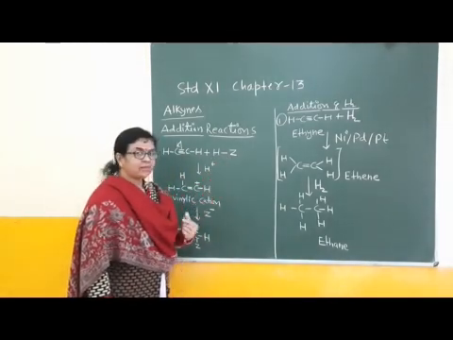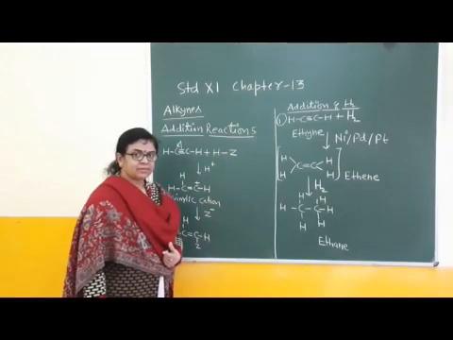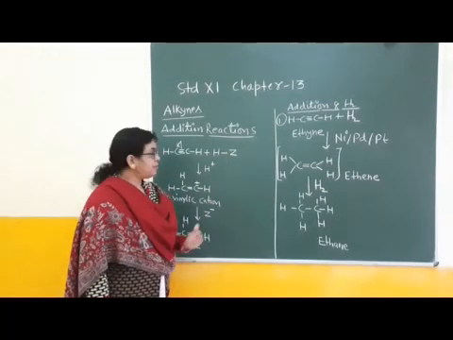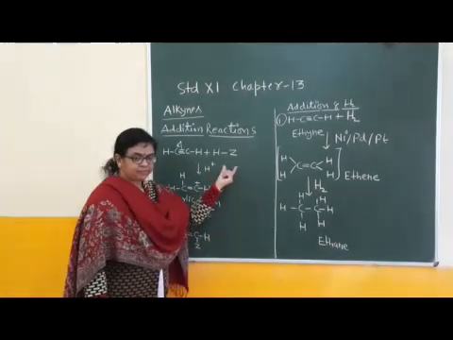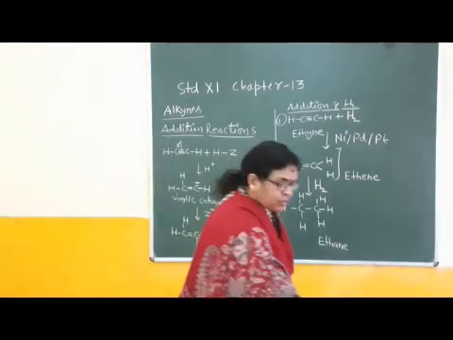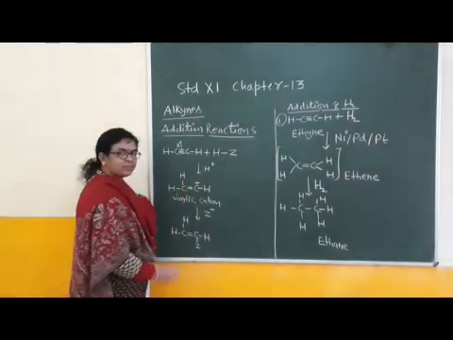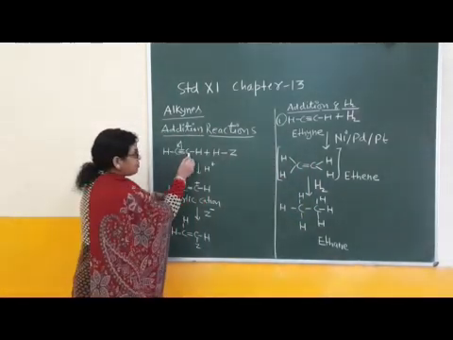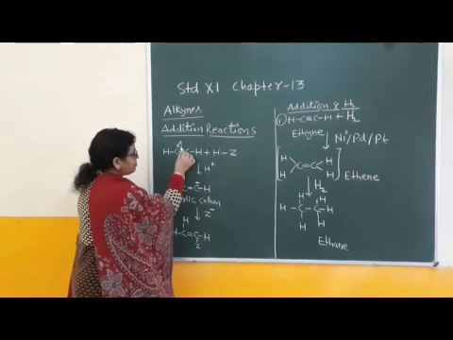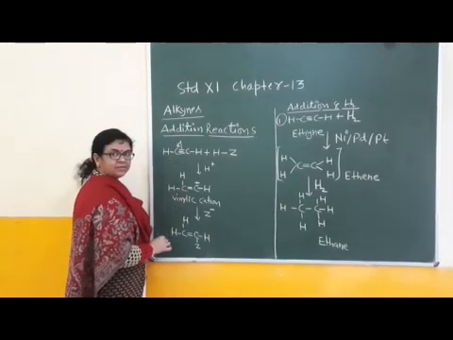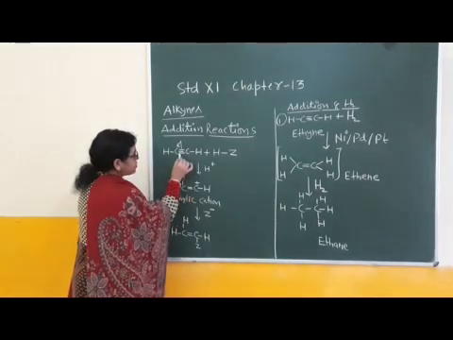This Z is showing the electronegative part. This Z may be Cl, may be OH, right? Then what happens in the presence of a heteronuclear molecule? Then there is shifting of pi electrons either at the first carbon or the second carbon. This curved arrow is showing shifting of pi electrons at this carbon, right? Then the carbon becomes negatively charged.